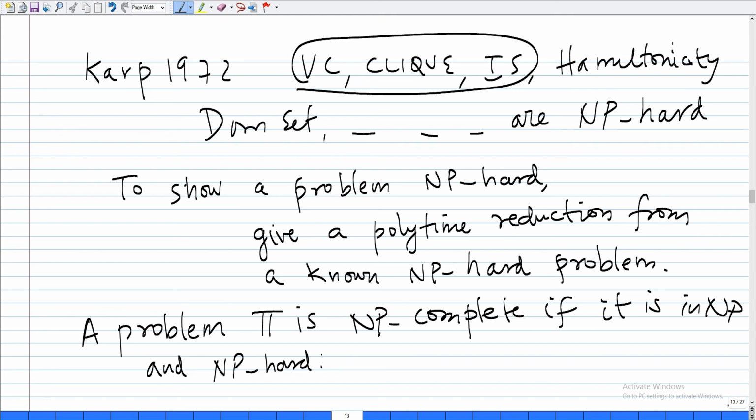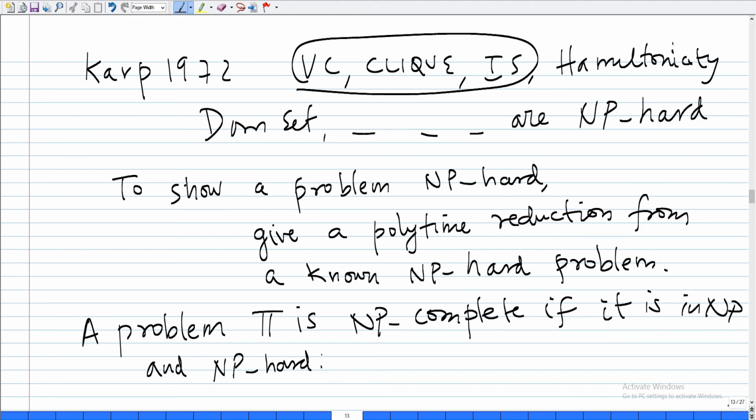If the problem also belongs to NP, which is the case with SAT, which is the case with Hamiltonicity, then these problems are NP complete. With Cook's work and Karp's work, this whole industry of NP completeness opened up,